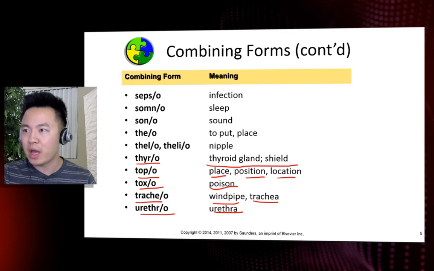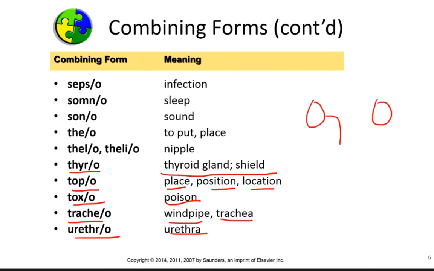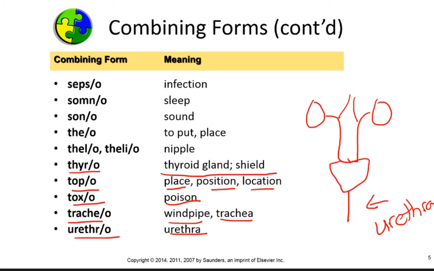Just keep this in mind that we have here the urinary system. I'm going to draw here two kidneys. This pathway here would be known as the ureter. And then we have here the urinary bladder, and then we have the pathway here. This is the urethra. These two here would be known as ureters. And just to give you a preview, urethra and ureters are often confused in medical terminology. Tons of students confuse these two.